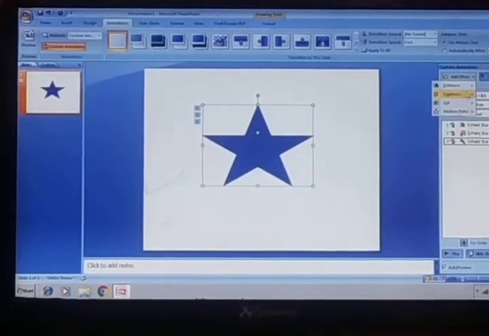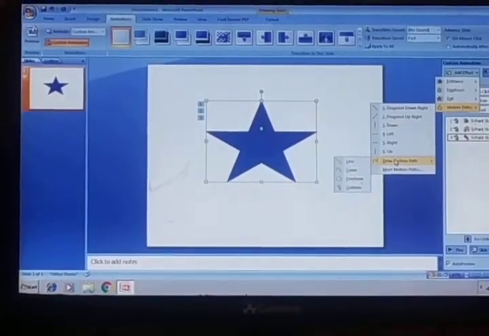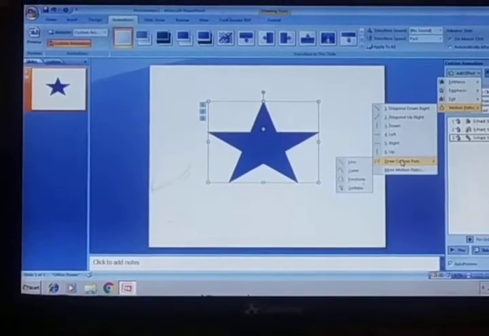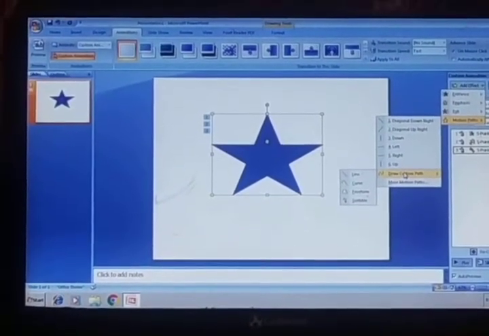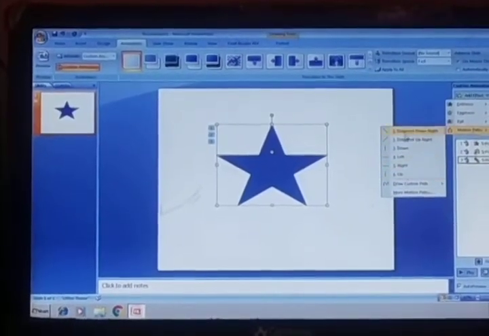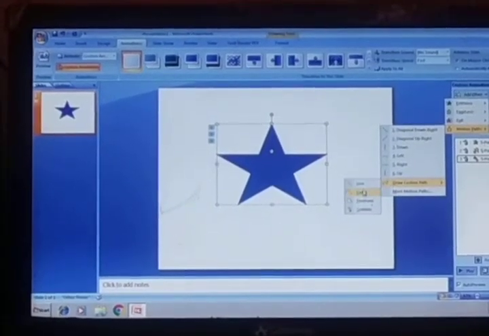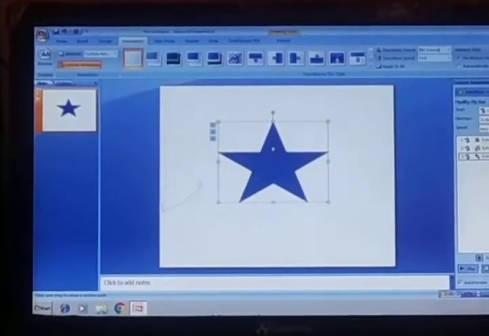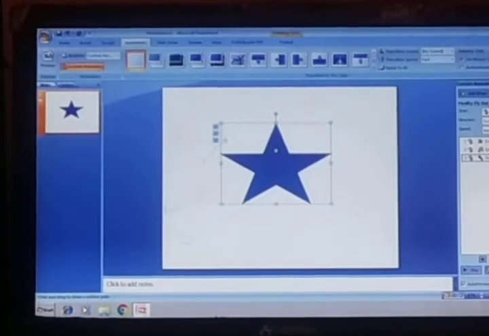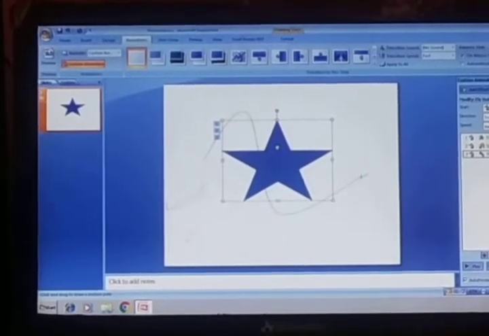And if we want to give the motion path, draw custom path. We can draw any custom path ourselves, or here some predefined paths are provided. So I have chosen the curve shape. This is the curve shape.